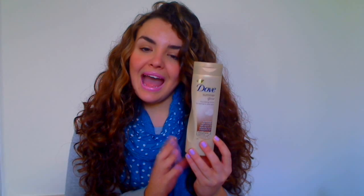It's more of a subtle, glowy type of product that'll just give you a little bit of a tan and create a canvas for you to then apply whichever tanning product you want to, or just leave it at this and look like you've got a hint of colour. So you get 250 ml in this bottle, and normally you can buy this in Boots or